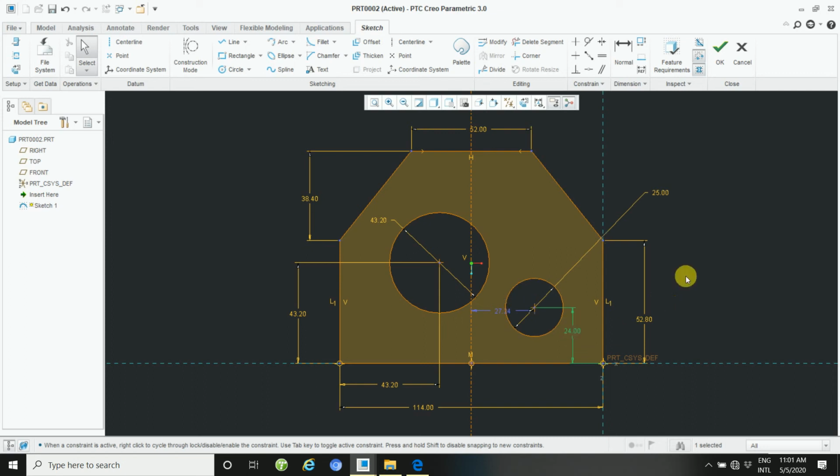Put this value 24, and then the dimension here to here, this point, is 100.8. So click on normal, this point, this line, and this, click on this point, and then double click here. And then define the dimension 100.8.